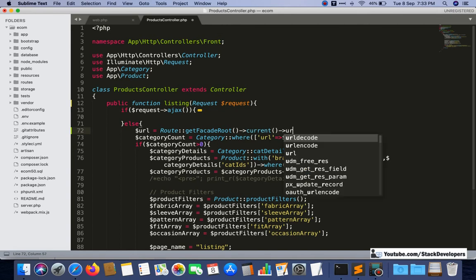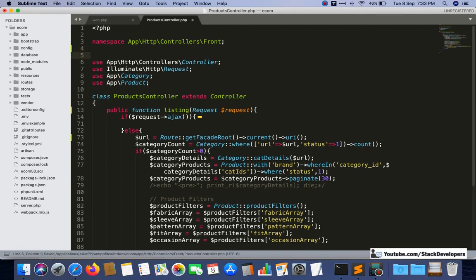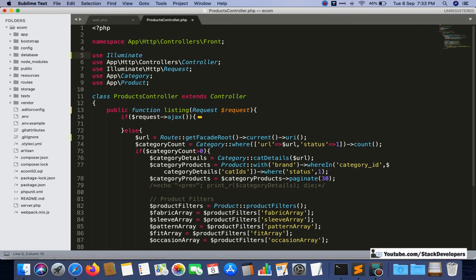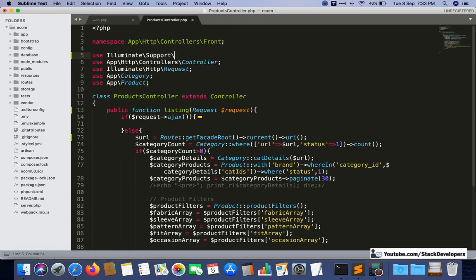and URI like this. And for this we need to add one header class as well, and that class is use Support Facades Route.